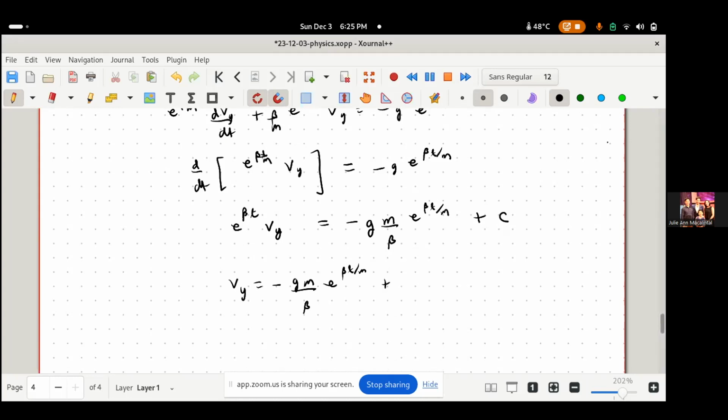Plus, so here, if we multiply both sides by e to the minus beta t,